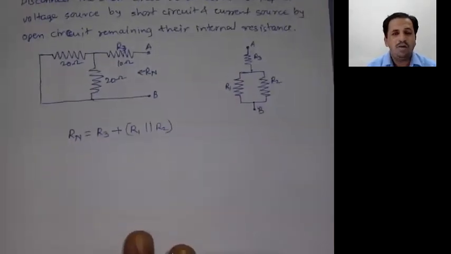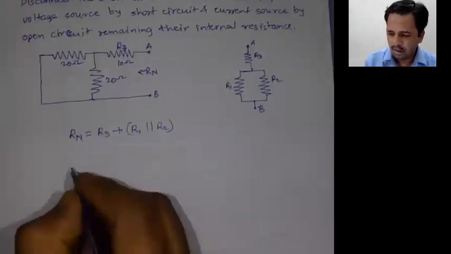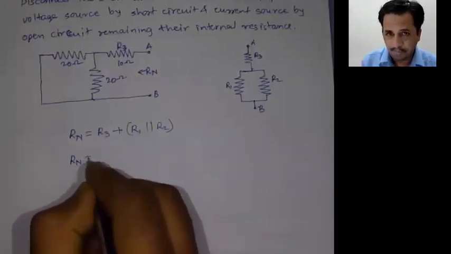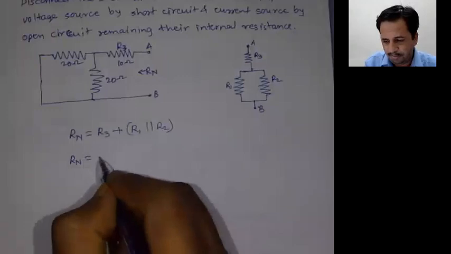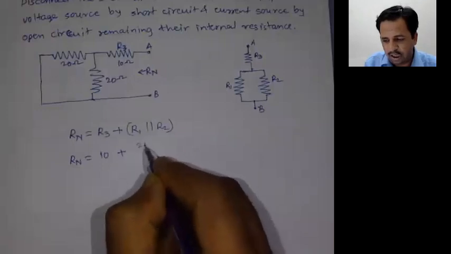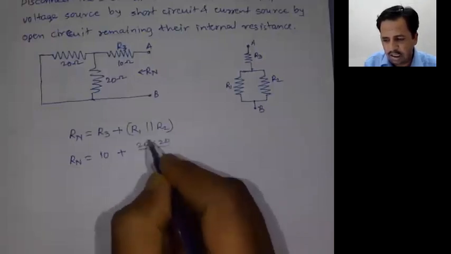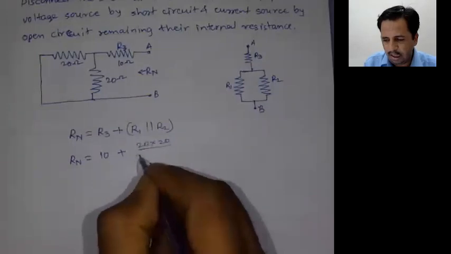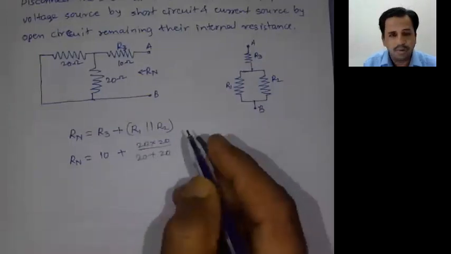Now the equivalent resistance RN is equal to R3 value, which is 10 ohm plus 20 into 20, that is R1, R2, 20 ohm, divided by 20 plus 20 ohm. Now one more